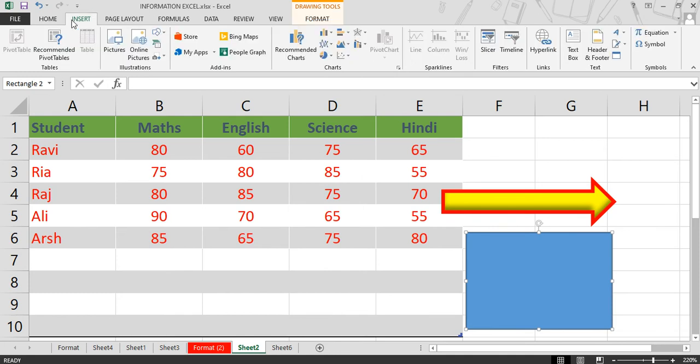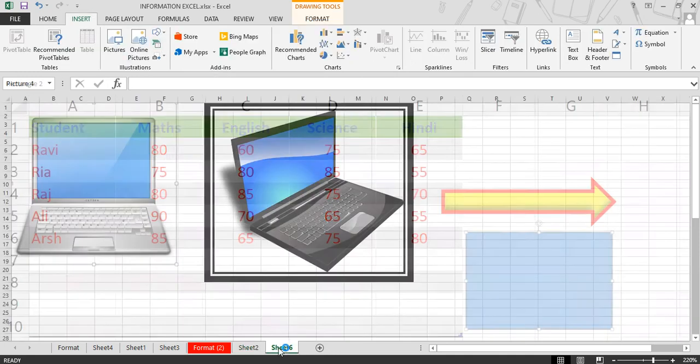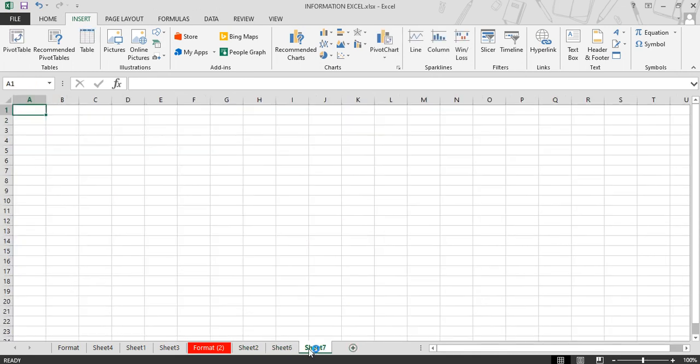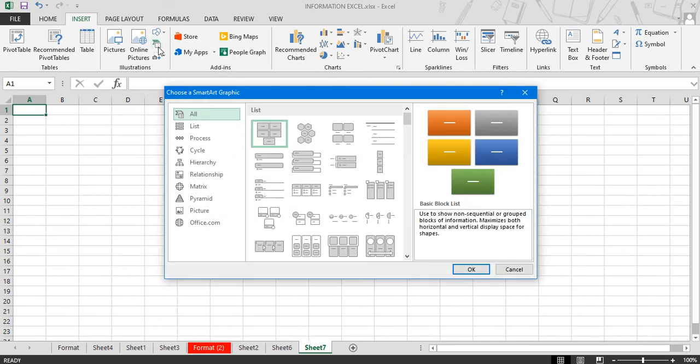Next option under the insert tab is smart art. Smart art helps us to insert any picture, any shape with some text. It is very easy to manage shapes. So when you click on smart art we have options to insert a list, where we have different types of list styles.